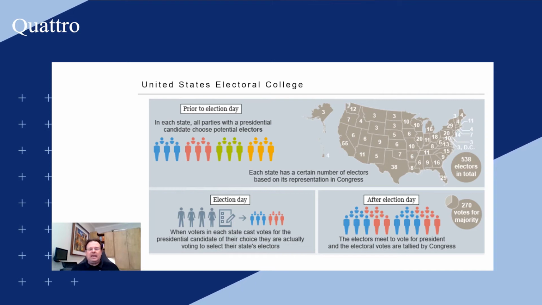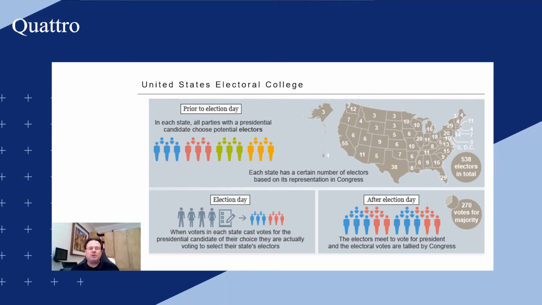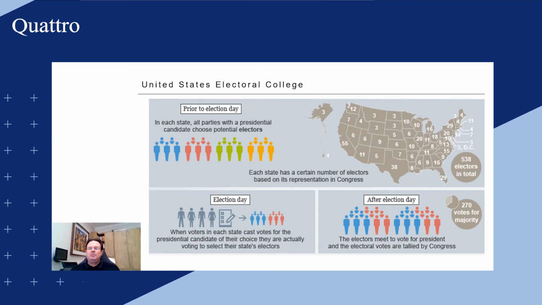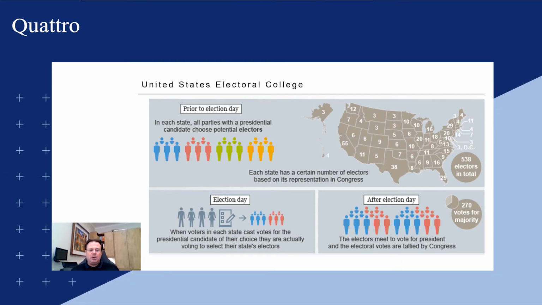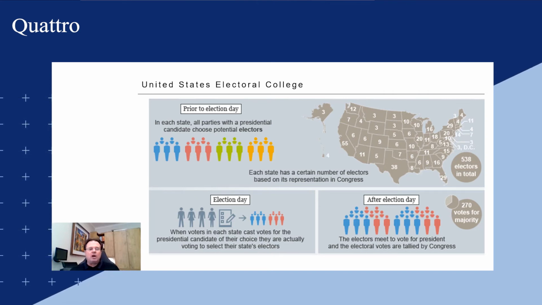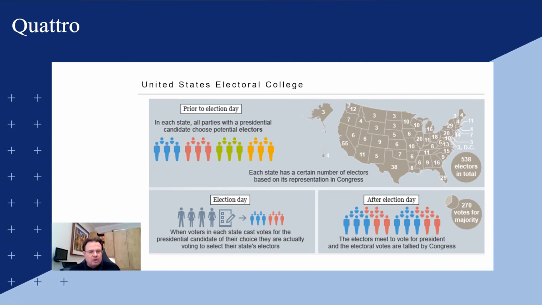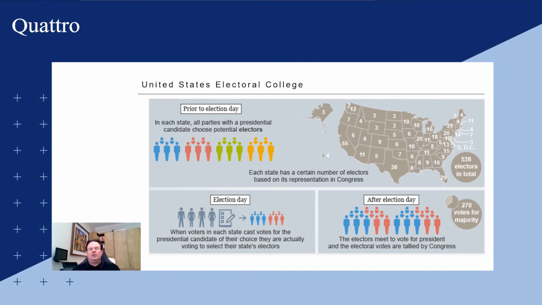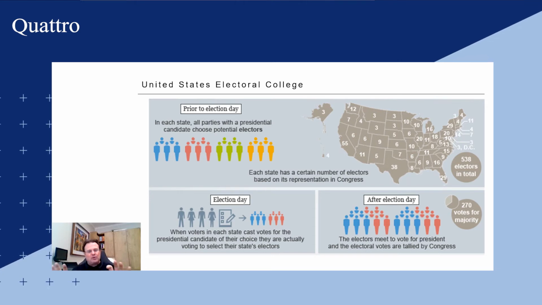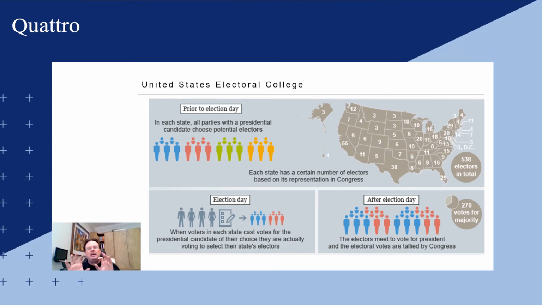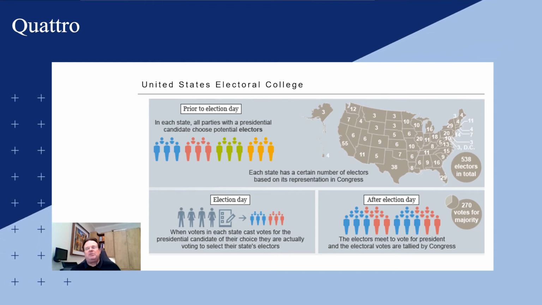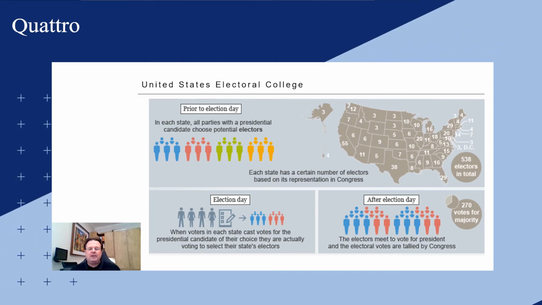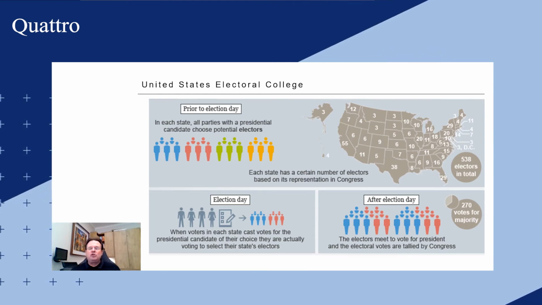Many decades ago you did have surprises with this process, but nowadays the people that are part of the electoral college simply vote for the party they belong to, and therefore you are assured of victory if you've got enough seats within the electoral college. But just be aware that in the background you've got this electoral college process, and it's about winning as many states individually as you can to build up as many electoral seats as you can, with the critical number being